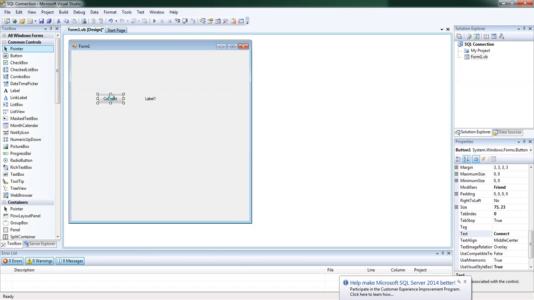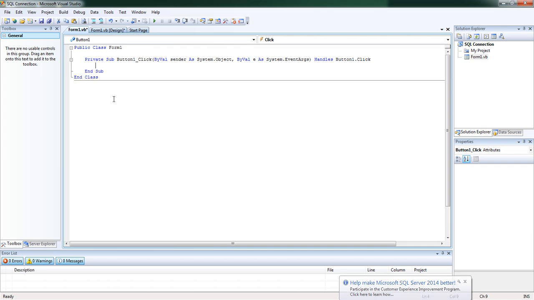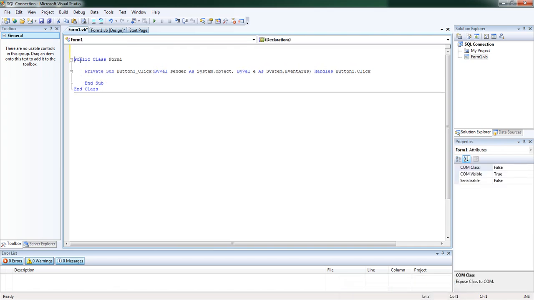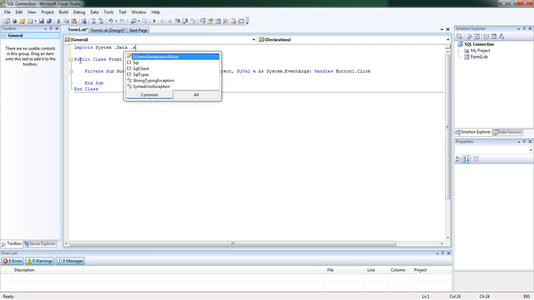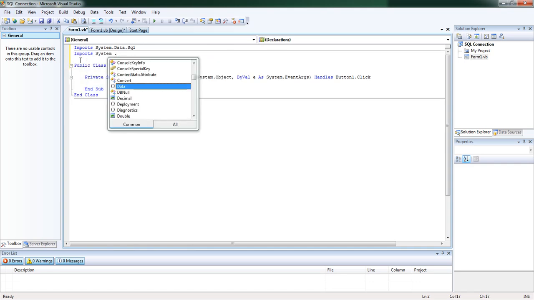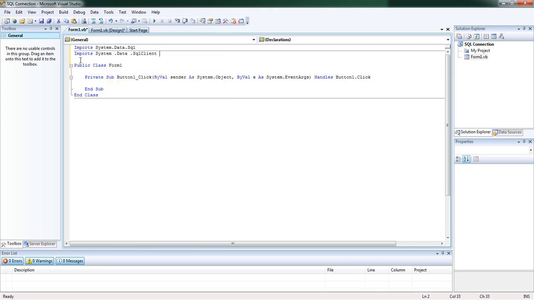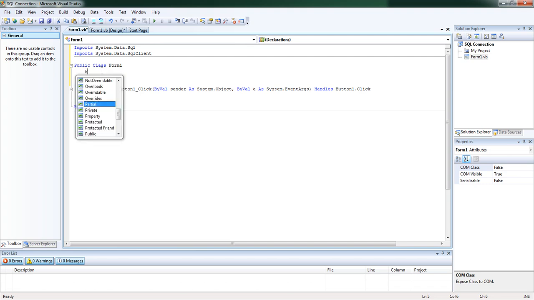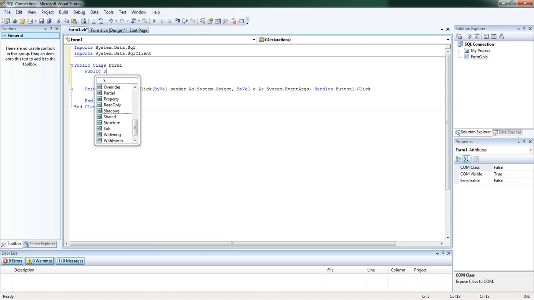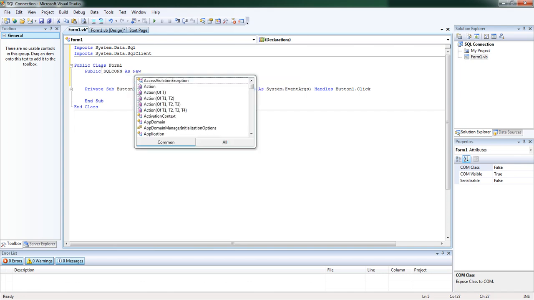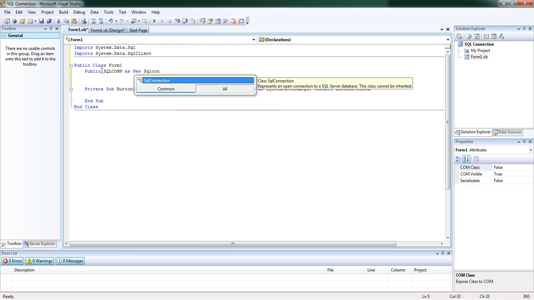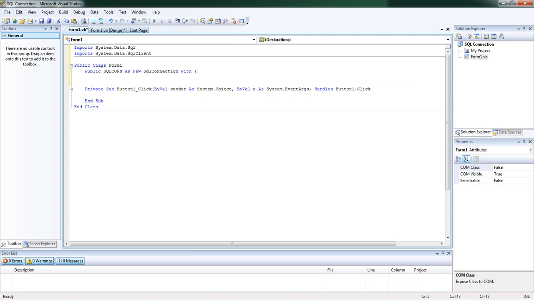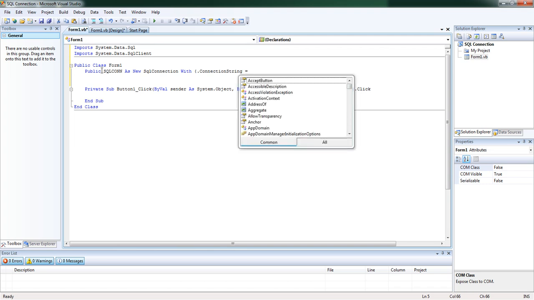To do this we can start from this button, and first of all we shall write imports system.data.sql, imports system.data.sqlclient, and then we shall write here public SQL con as new SqlConnection with connection string is equal to